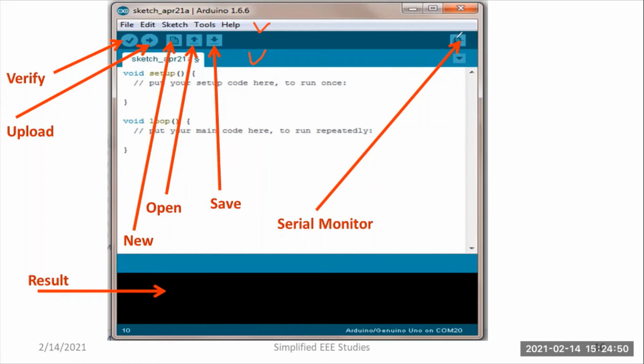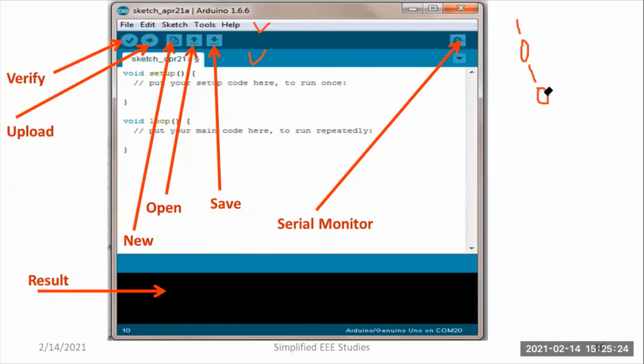If you want to get the operation, for example, LED turning on for 1 second and turning off for another 1 second, then if you click on the serial monitor, you will be getting the output like this: 0, 1, 0, 1, 0. Likewise, you will be getting. Similarly, if any errors occur in your program, you will be getting the display: there is an error. So it will help with troubleshooting. You will come to know whether your program is correct or not. Okay, these are the fundamentals of the particular screen.